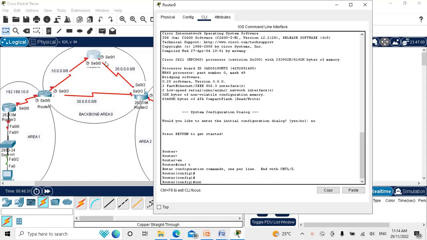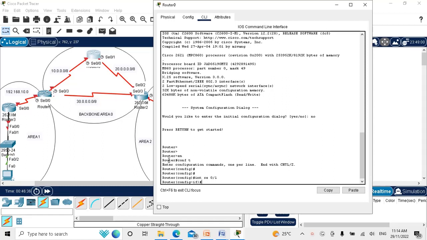So I'm gonna enter SE 0/1 and assign the IP, and the IP address here should be the 20 network, so